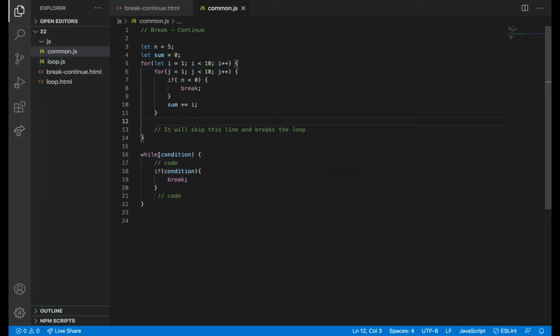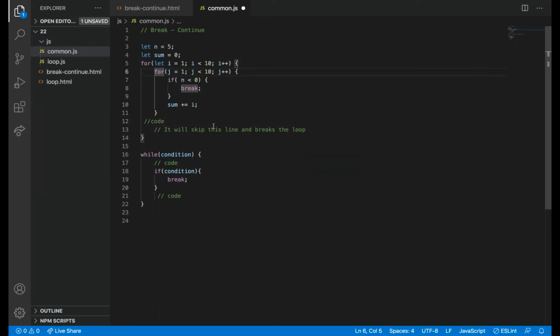Now it won't come here. Whenever it comes here, it will come out of the inner for loop and will come to line 12. If there is any code, it will execute it and then it will go back to 5. So the outer loop condition, it will continue with the outer loop and then it will also go to the inner loop again here.